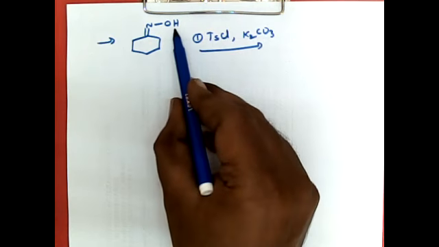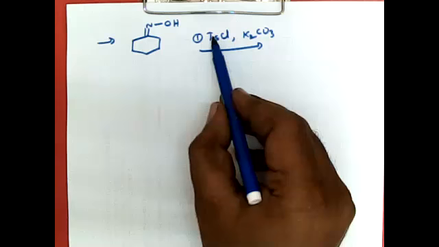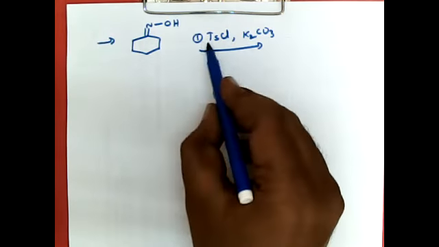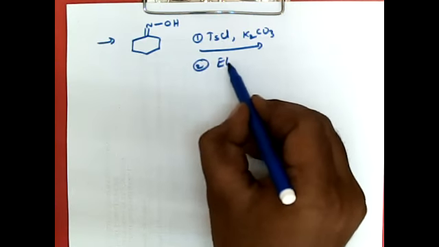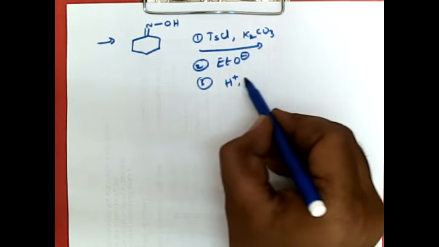Base will pick up this acidic hydrogen. O minus will undergo nucleophilic substitution. Cl is a good leaving group, so it becomes O tosyl. Then it is treated with a base and finally it is hydrolyzed